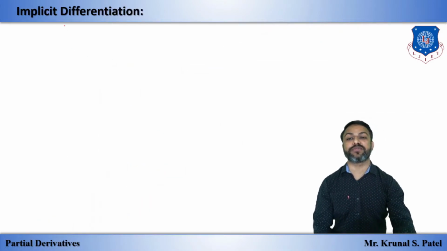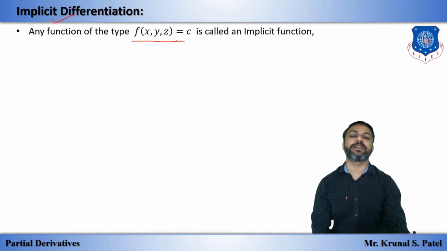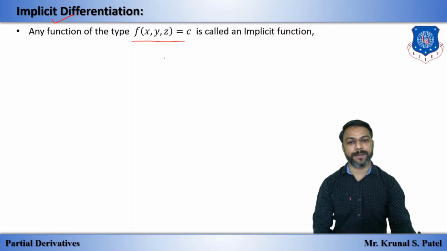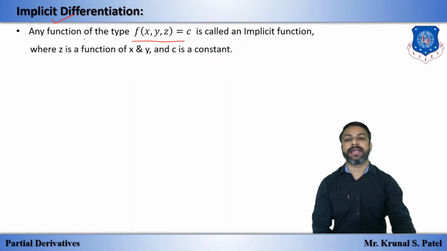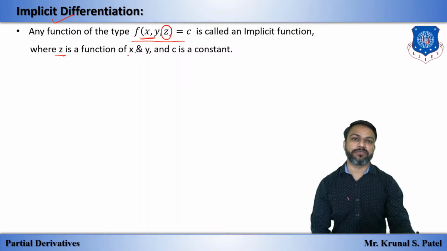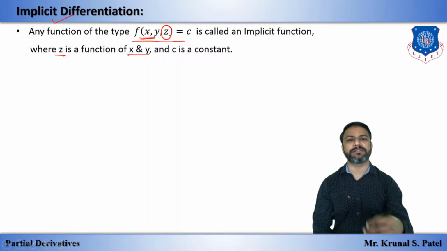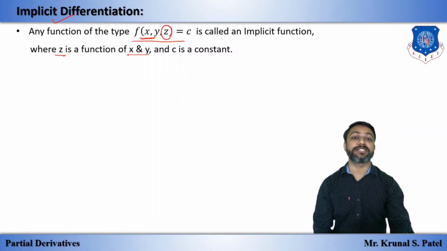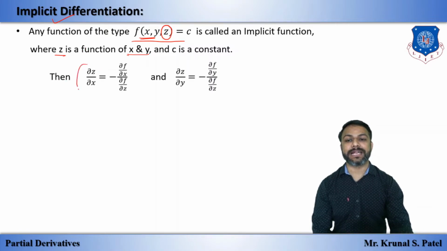Now we have implicit differentiation for 3 variables. That means f of x, y, z, which is also an implicit function, where z is a function of x and y. So ultimately this function is a function of x and y, 2 variables, and the previous function is a function of 1 variable because y is a function of x. Okay, so we can find del z by del x by this formula and del z by del y by